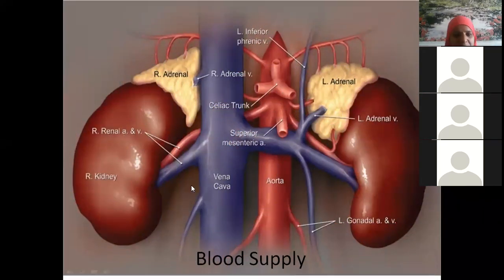Okay. This picture will help us to understand the blood supply of the suprarenal gland. Hansraj, can you tell me which artery is giving blood supply to the suprarenal gland? Phrenic and right hand. Actually, three sets of arteries are there. This is the superior suprarenal artery. This is the middle suprarenal artery. This is the inferior suprarenal artery.